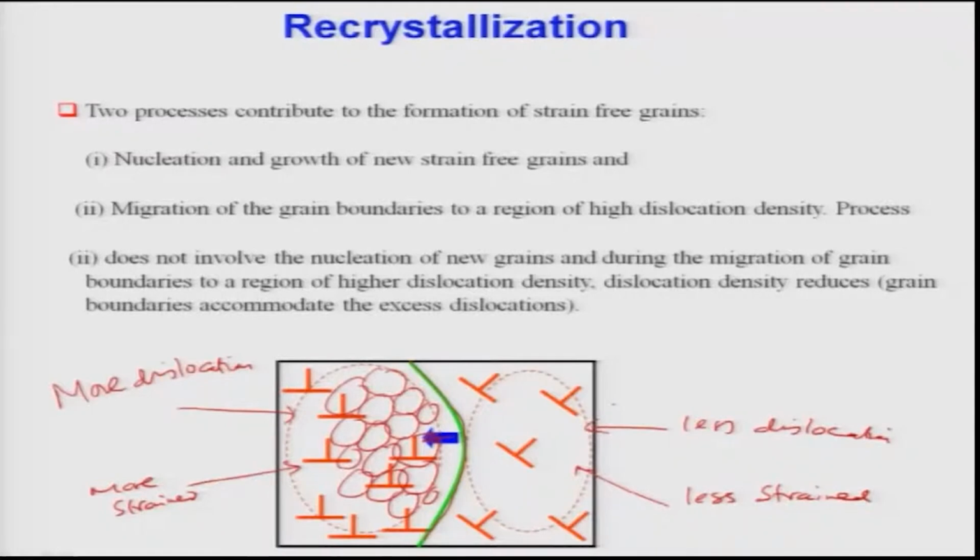So this second aspect, which is migration, does not involve nucleation of the grains, but it leads to nucleation of fresh grains. That is what is shown here. You see that this part of the grain has a large number of dislocations and this has fewer dislocations, and because of that the grain boundary is moving from this side to this side. And that creates in this region a strain free part of the grain,